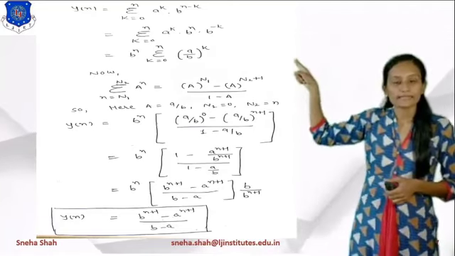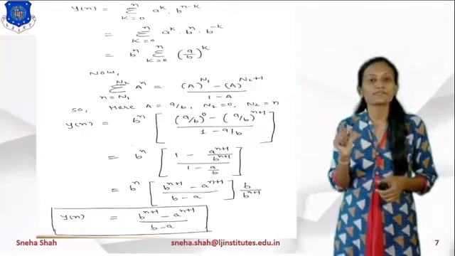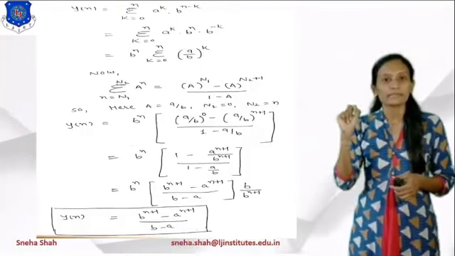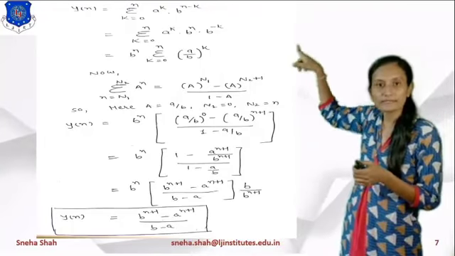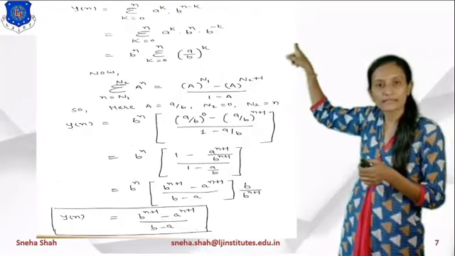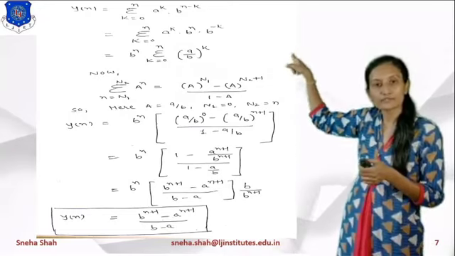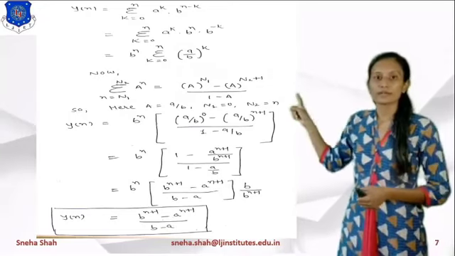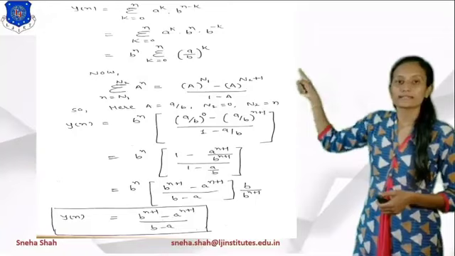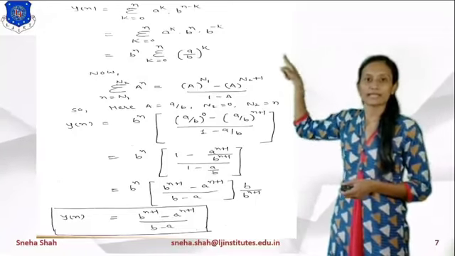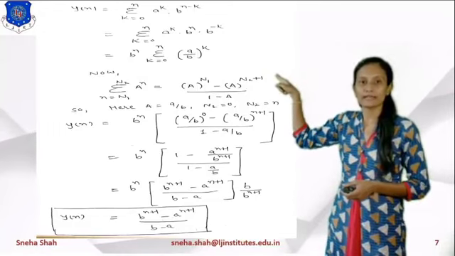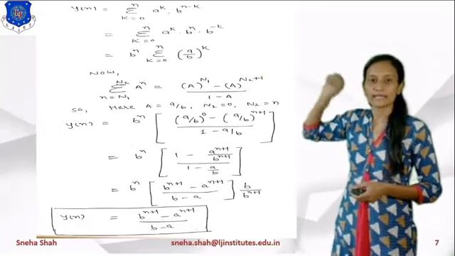Now as you see that this summation is of k, so the value of b raised to n will be considered as constant, so it will be outside of this summation. First of all, it's simplifying this term as b raised to n minus k equals b raised to n into b raised to minus k. After taking the constant term outside of the summation, the next step will be b raised to n, summation k equals 0 to n, a raised to k, b raised to minus k.